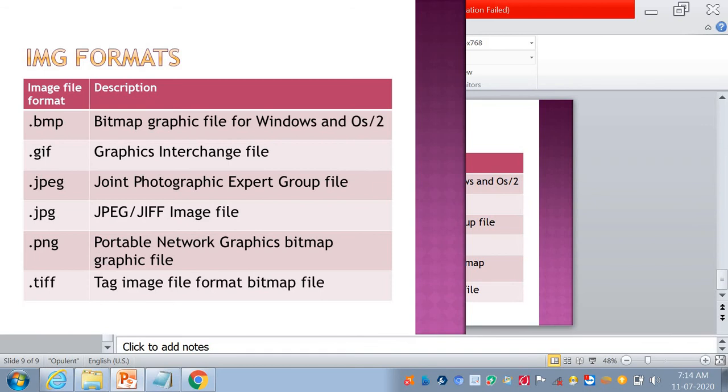However, the PNG format is comparatively slower in reading and writing. So most often we use the .jpeg and JPG formats. They display your picture images at very high resolution.